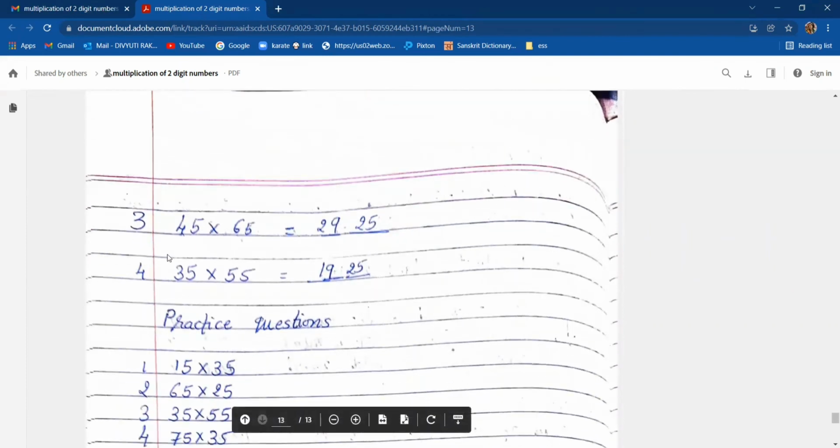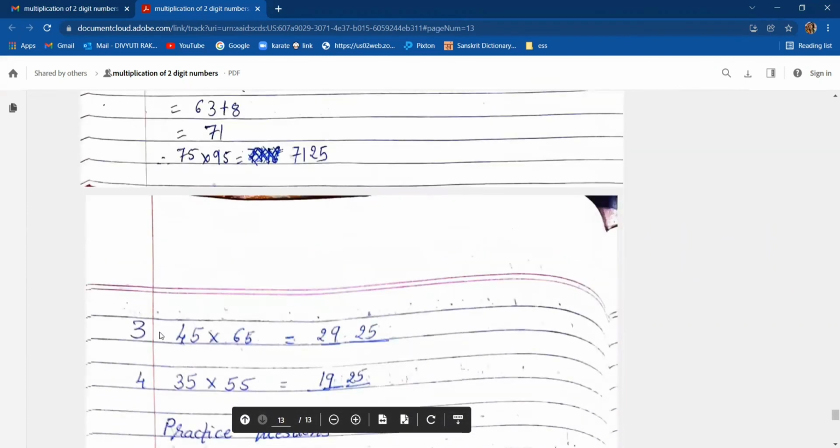Now orally. So here 6 plus 4 is 10, which is even. So 25 we need to write here. And for the first two digits, 4 plus 6 will be 10, and already we have done the addition. 4 plus 6 is 10 and 4 sixes are 24. 24 plus 10 by 2. So 10 by 2 is 5. So 24 plus 5 will give you 29. So 2925 will be the answer.